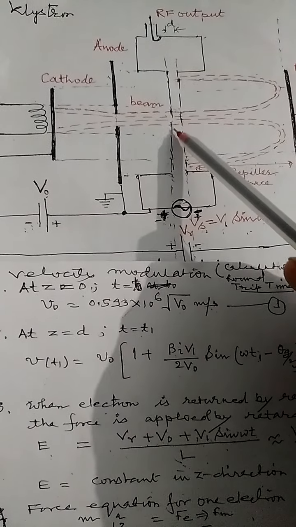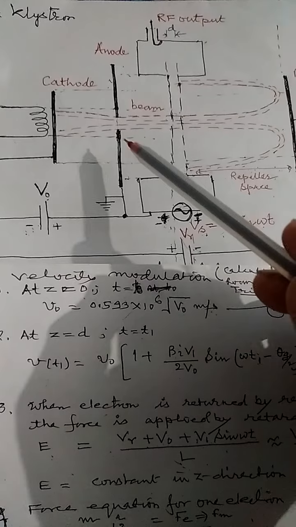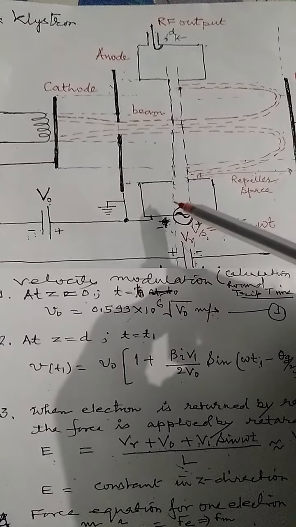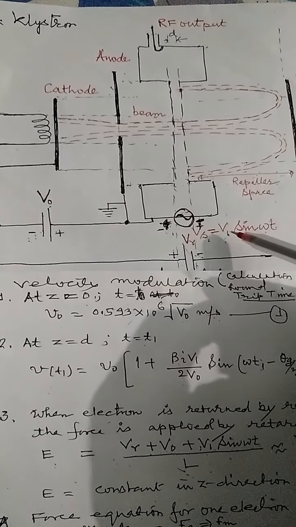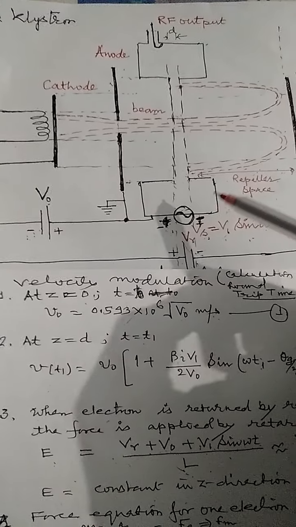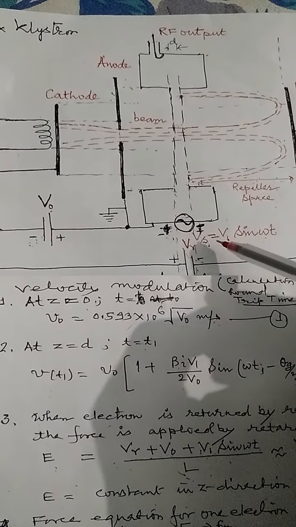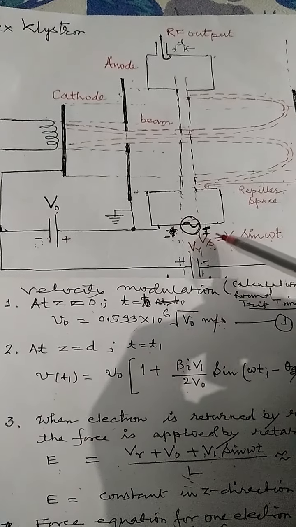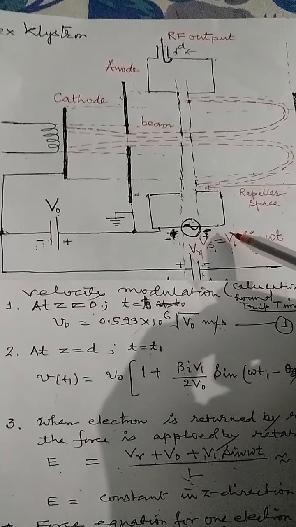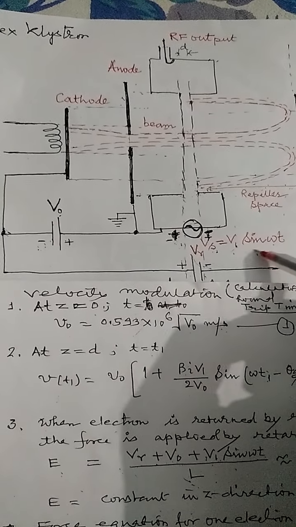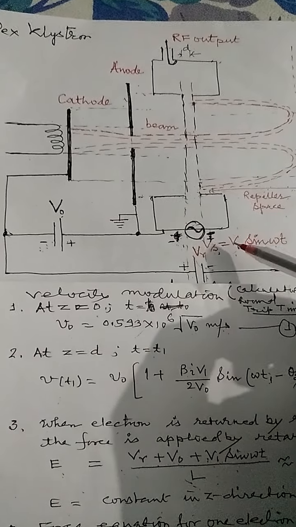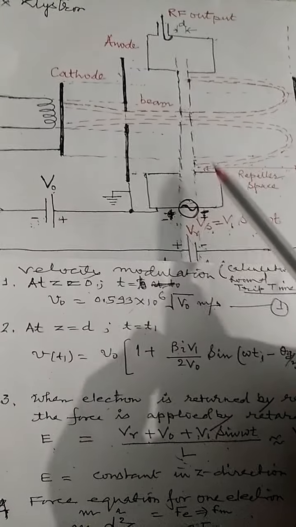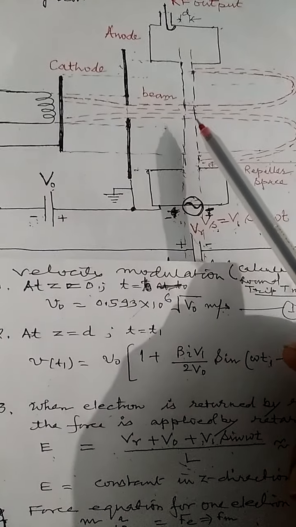That velocity modulation is taking place here, as we know that when the reflex klystron is switched on, the biasing is disturbed and some voltage of high frequency is generated, and the voltage which is generated is of very low value. So at the initial point it is not very important, but at a later time the same voltage, in its amplified version, we get at the output. So here also the velocity modulation takes place as in the two cavity klystron.